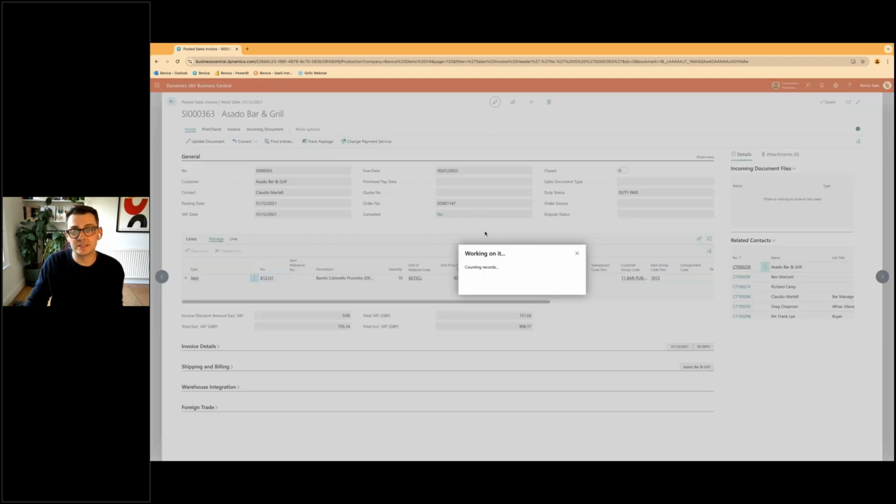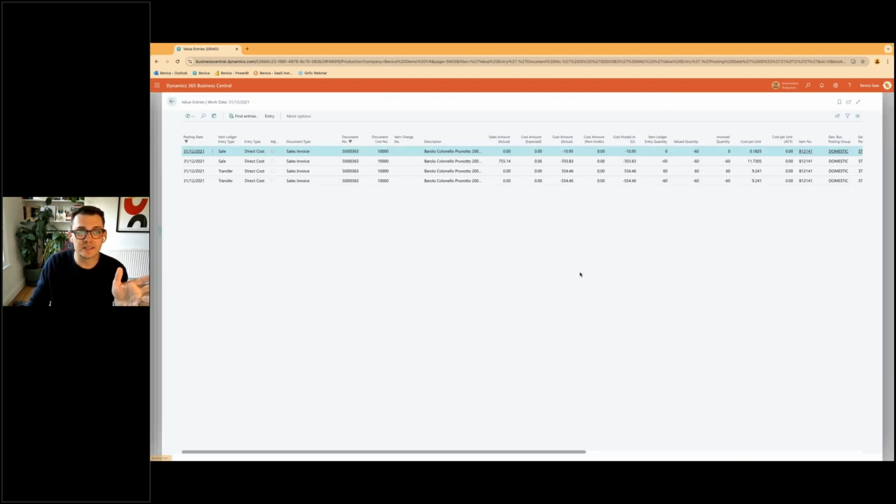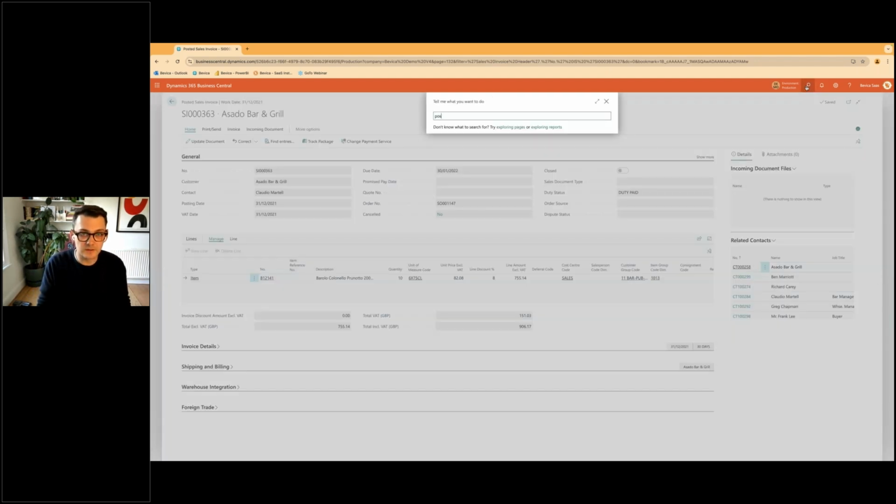If I look at the entries that exist against this customer and this transaction, there is nothing here in the value entries that says there's a charge or anything like that. What we want to do, though, is when you actually confirm that cost, it gets moved to the sales shipment side of things. So if I look at our posted sales shipments,